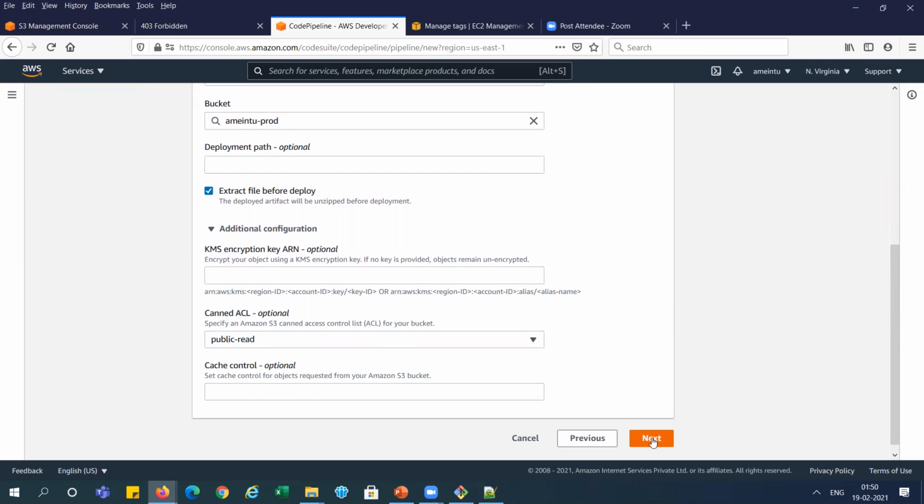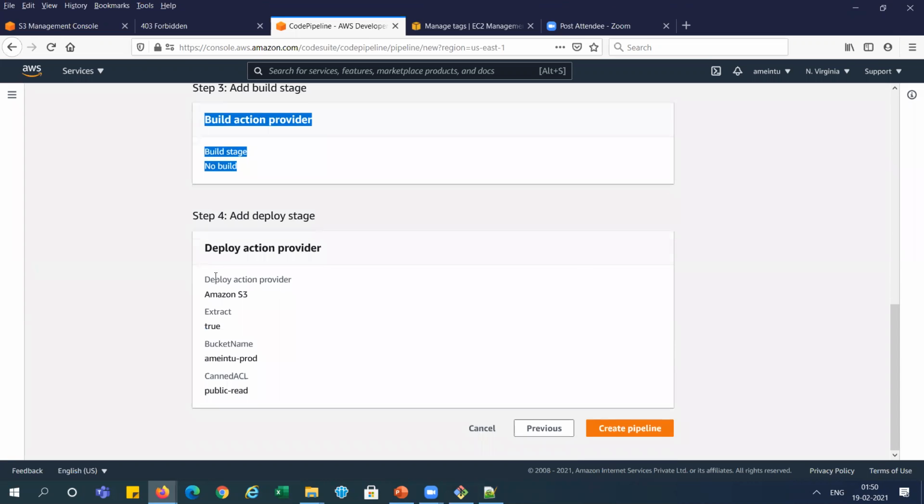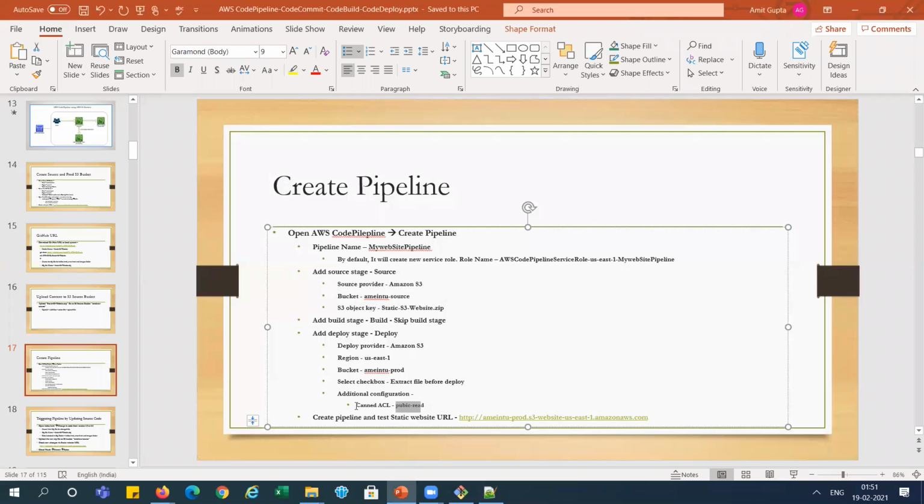That's it. Now this is the final summary. What we did, what is our source system. We are not using any build here, correct? And here you can see our deployment, what thing we need to deploy over here. So now we are good to start to create the pipeline. Now I'm creating the pipeline here. The pipeline creation is in progress. We can see here same thing I have written here. Everything is documented. Now we need to test the static web.